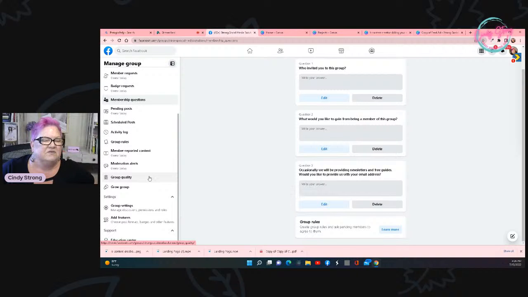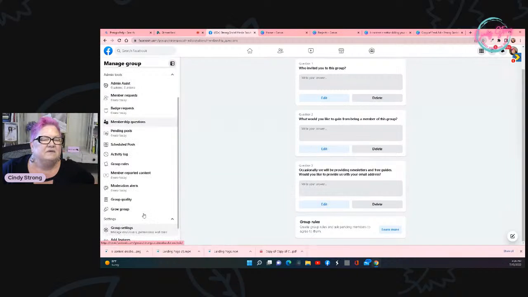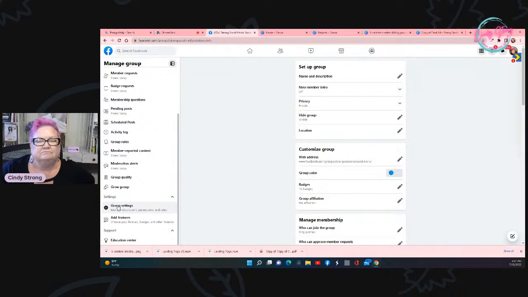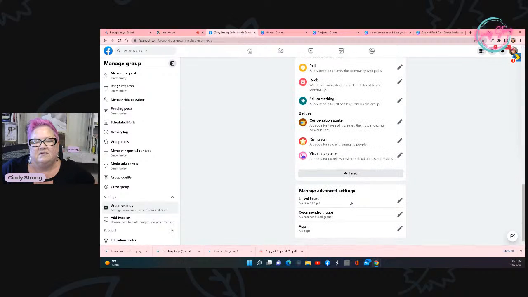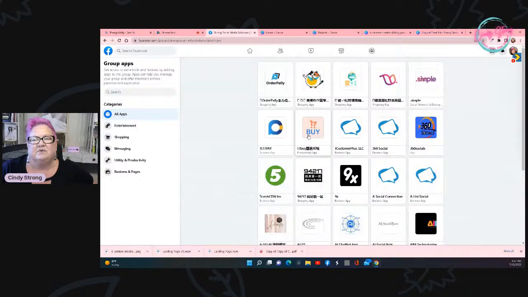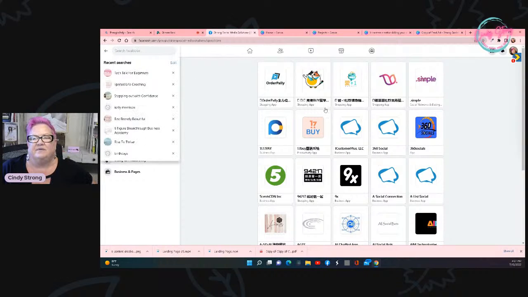The other things that I wanted to show you was, and I thought it was in group settings. If you scroll all the way down, oh yes, right here under apps. So because I use StreamYard, you have to add that app to here. So anytime that you're going to stream into this group or community, you're going to want to add the app, and there's a bazillion apps that you can add. And so StreamYard,